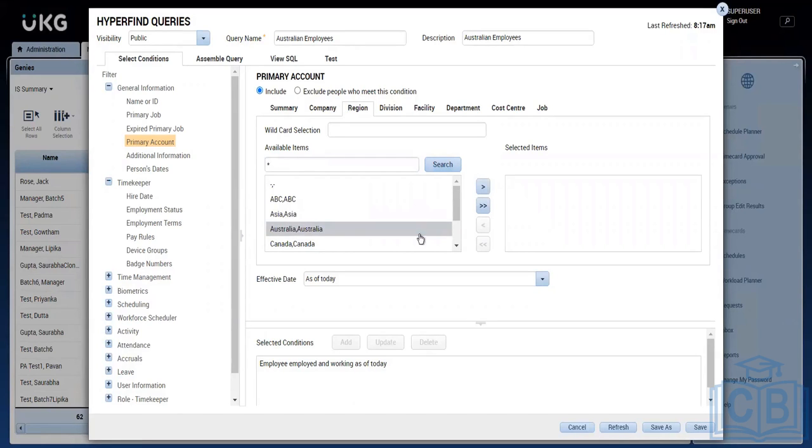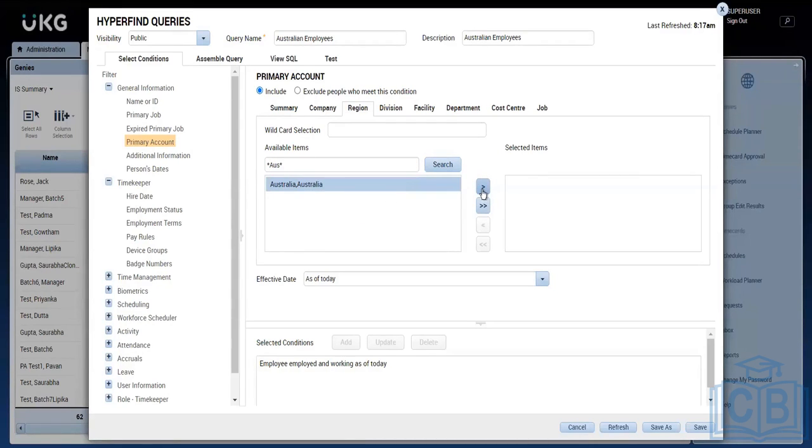There will be so many details, so in that place you can just click on some words and then select, so that it will give you only the items that you need. So I have picked Australia. Then I need to click on the right arrow to move it to the side. Once you drag it to the side, then you need to click on add so that primary labor matches Australia. The second value should be Australia. Other values can be anything: first, third, fourth, sixth, seventh values can be anything. But whoever has a second value of Australia needs to be pulled here. Okay.